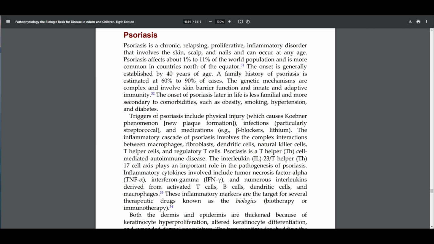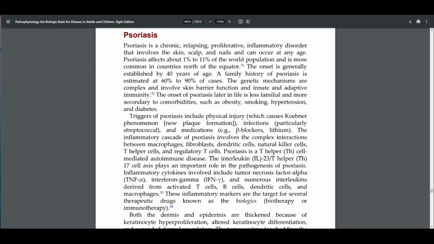A family history of psoriasis is estimated in about 60 to 90% of cases. The genetic mechanisms are complex and involve skin barrier function and innate and adaptive immunity. The onset of psoriasis later in life is less familial and more secondary to comorbidities such as obesity, smoking, hypertension, and diabetes. Triggers of psoriasis include physical injury,